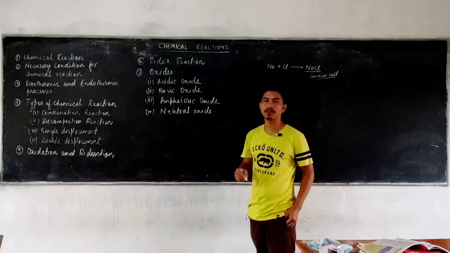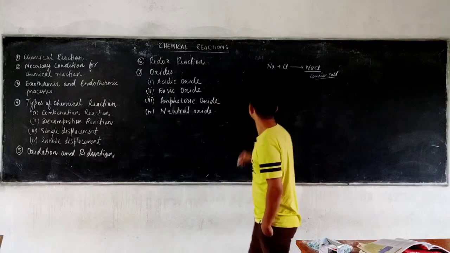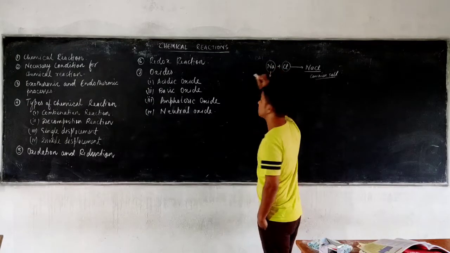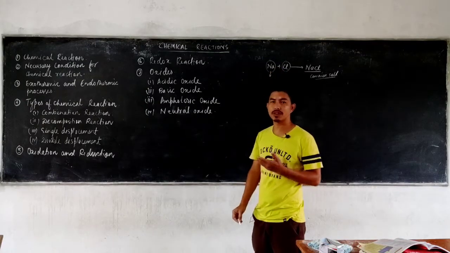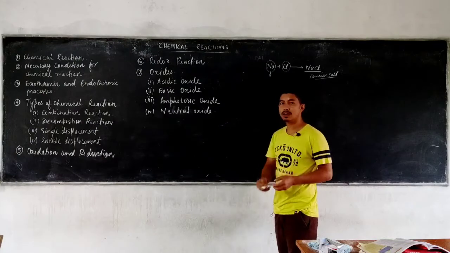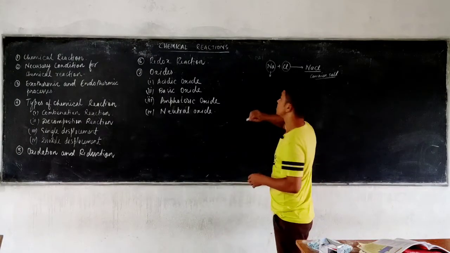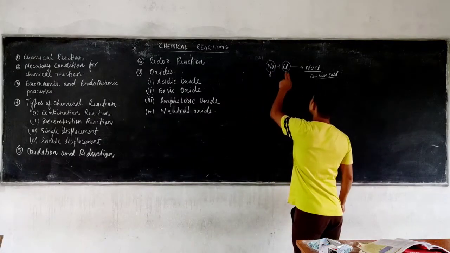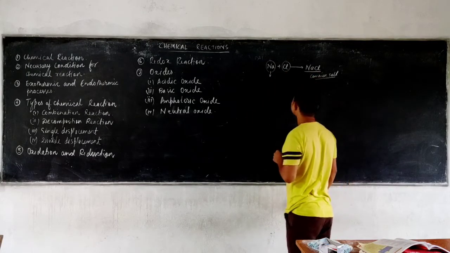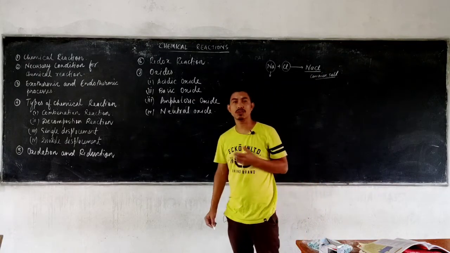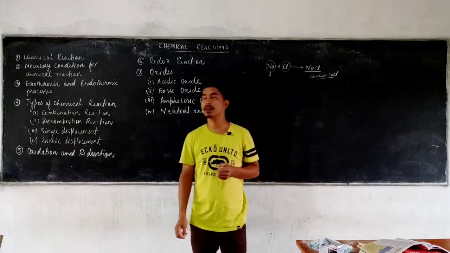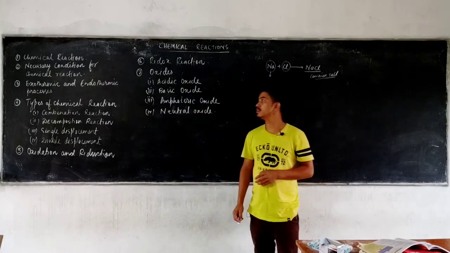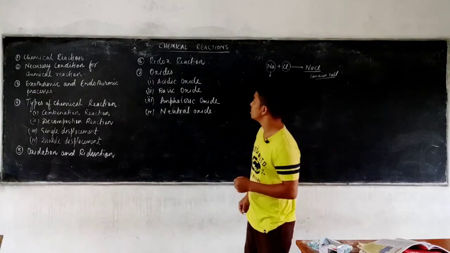Now we know that common salt is edible, and everyone eats it in everyday life. But if you think about the two reactants, sodium is a very dangerous, explosive metal. As soon as it comes in contact with water or moisture, it explodes. And chlorine is a very poisonous gas. So here an explosive metal combines with a poisonous gas to give something which is neither explosive nor poisonous. This kind of reaction, in which completely new substances are formed, is known as a chemical reaction.